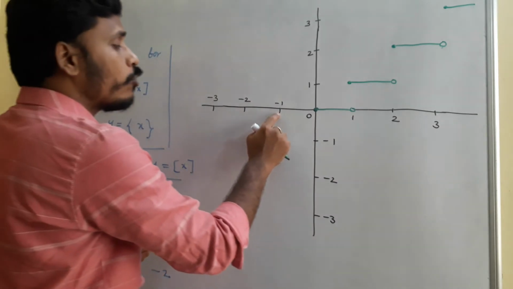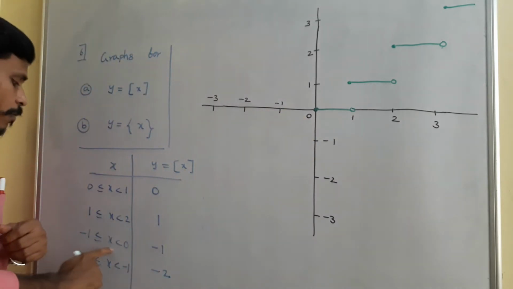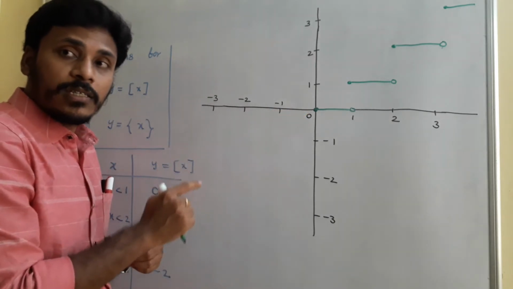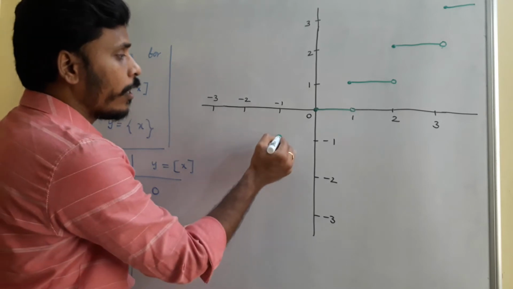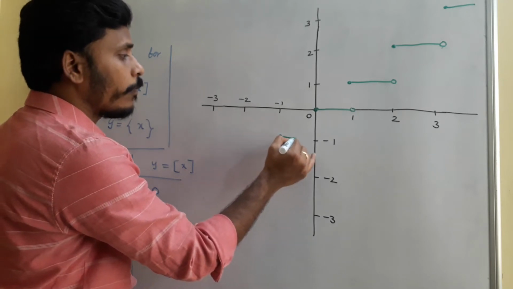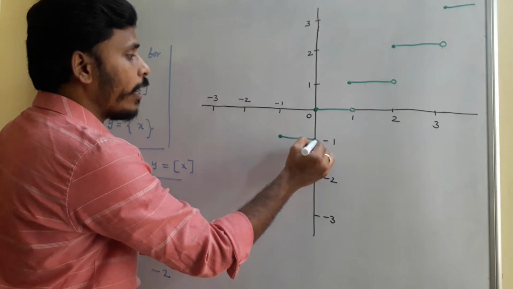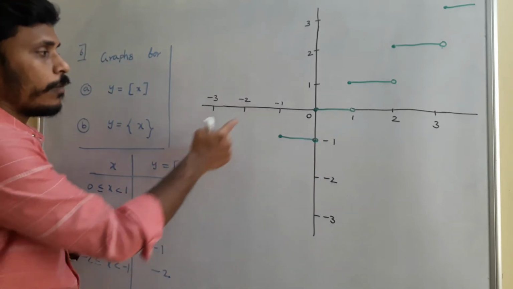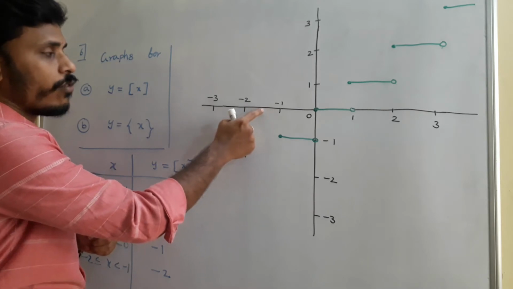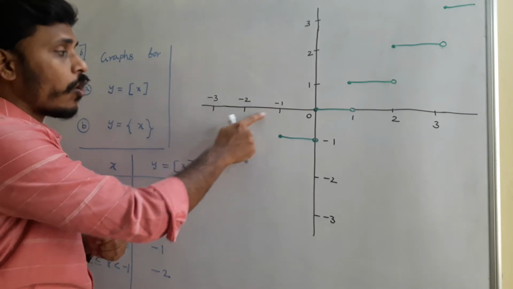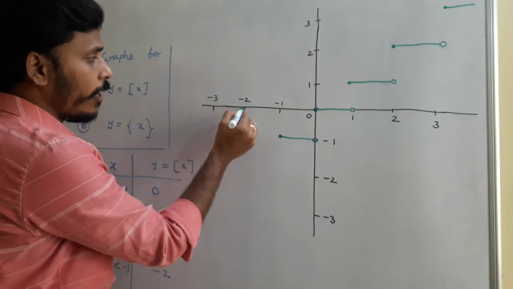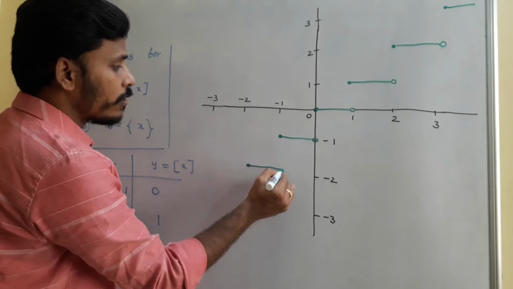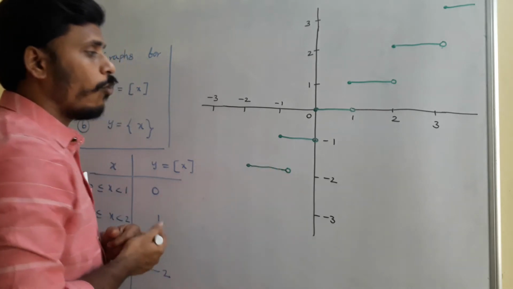And for the values which are in between minus 1 to 0, as we mentioned, take any x value which is in between minus 1 to 0, its step value is what? Still minus 1. So at minus 1, a closed circle, and the line at this point we will have open circle. And take any value which is in between -2 to -1, like -1.1, -1.5, -1.9. For all these values the step value is -2. At -2 also it is -2. We need to move on like this, but at -1 we need to choose an open circle.